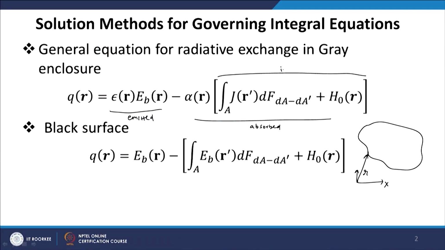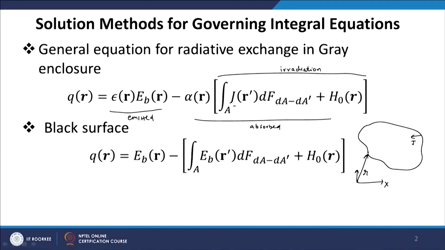In the bracket, in the second term, we have what we call irradiation. So, this is irradiation. For a grey surface we define radiosity J. So, irradiation can be written in terms of radiosity, that is the total energy leaving at any location is called radiosity. It has two components, the emission from the surface and reflection of any radiation coming onto that element. So, radiosity has two components, emitted component and reflected component, and we have to integrate over the entire enclosure with proper view factor.